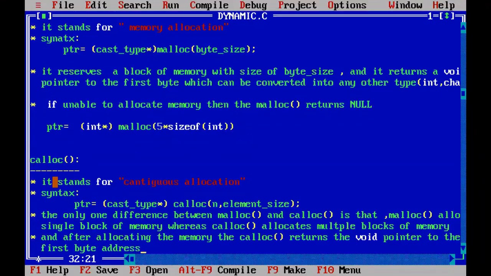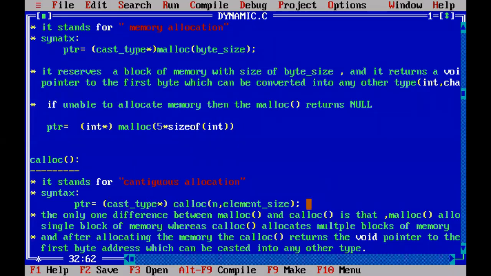That pointer can be converted into any other type, it can be cast into any other type. Like you can convert that void pointer into integer pointer, character pointer, or any other pointer. If you are allocating memory for integers, then you can convert that void pointer into integer type.